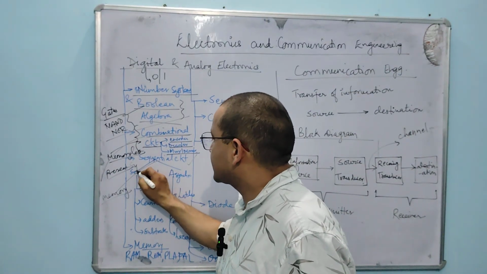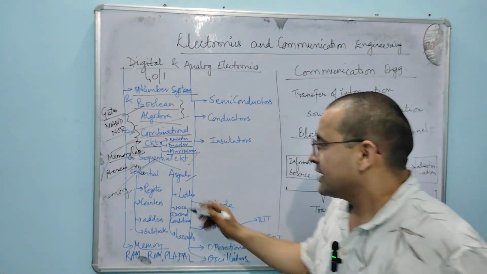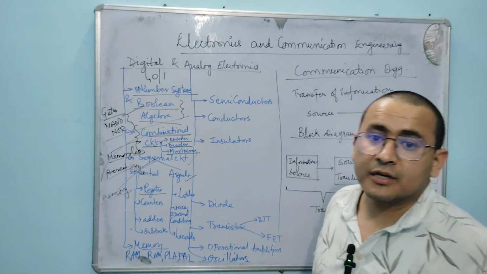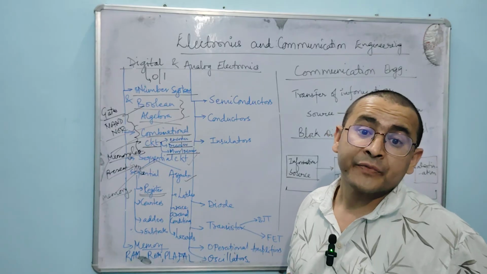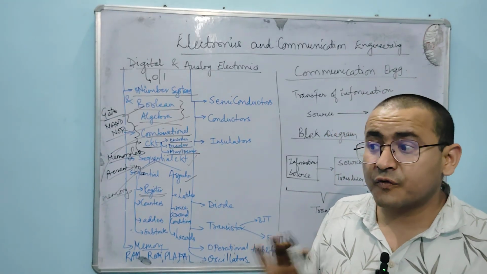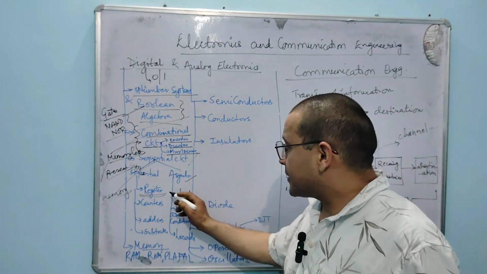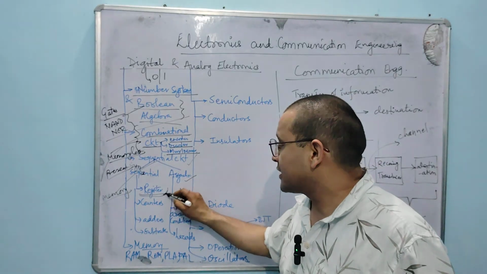That may be a synchronous sequential circuit, and that may be an asynchronous sequential circuit. A synchronous sequential circuit comes under what? A register is a synchronous sequential circuit. A register is used for the purpose of holding some data inside it. So that is also a memory element, working as a memory element, which we are discussing here in